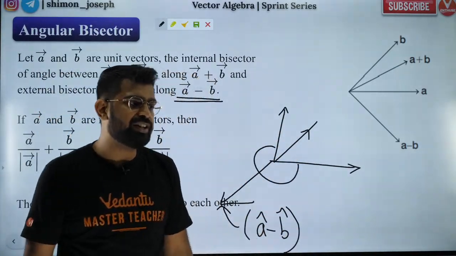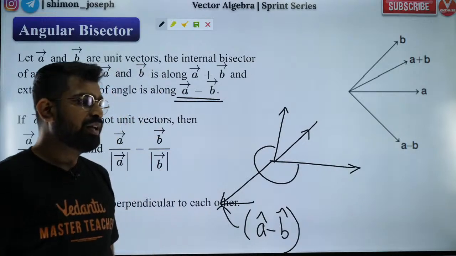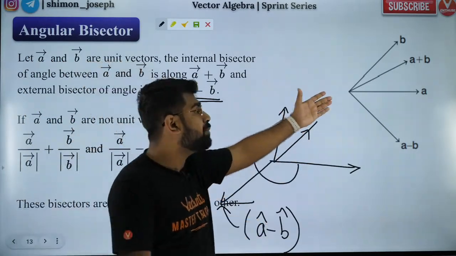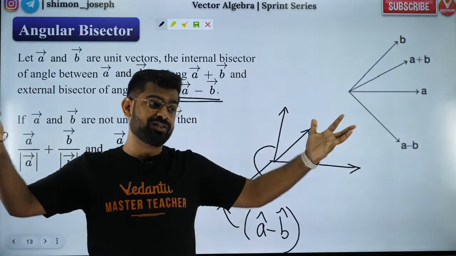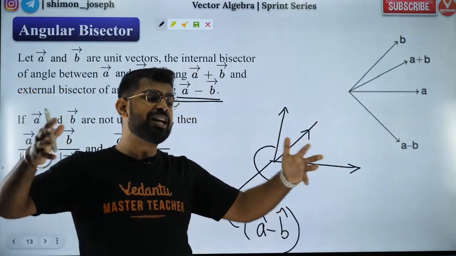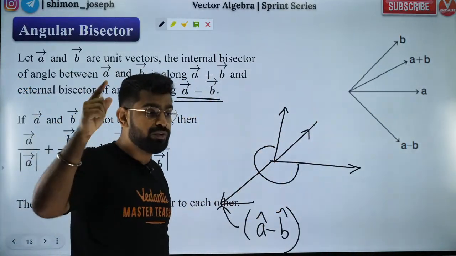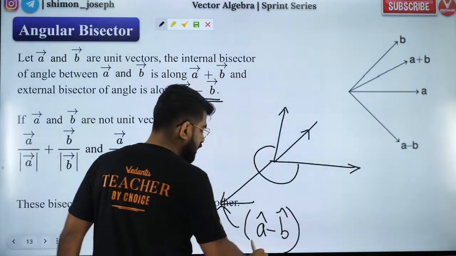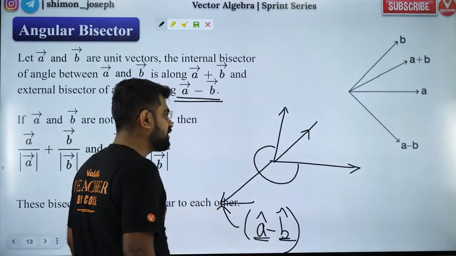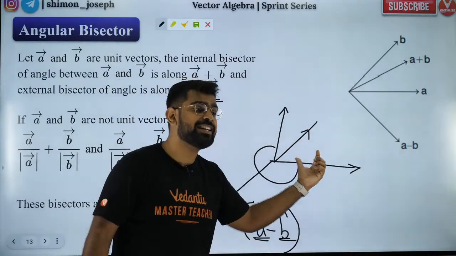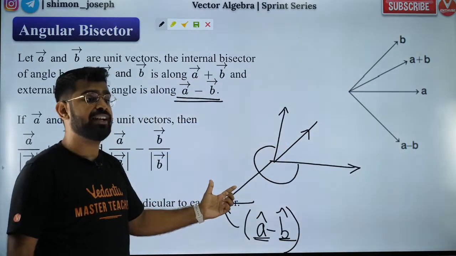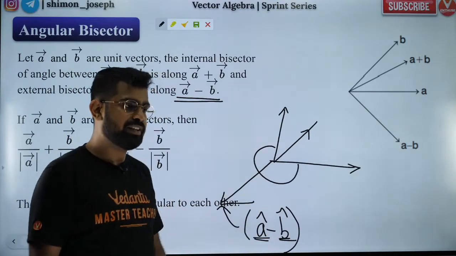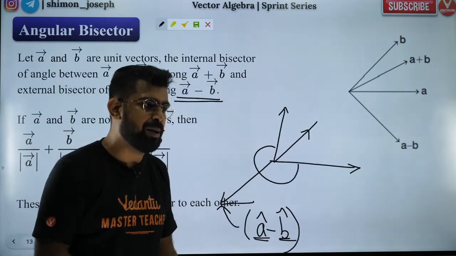Suhani, are you clear with it? Did you like it? How are the A vector and B vector not unit vectors? The A vector and B vector are any general vectors, man. But if you want the angle bisector, you need to find their unit vectors and add them to get the internal angle bisector, and you need to subtract them to get the external angle bisector. Did you all like it? Are you all happy with it?